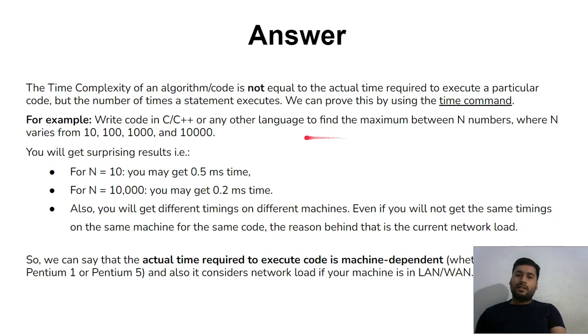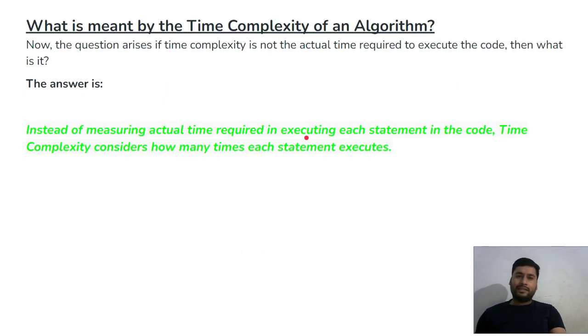Once you understand how the actual time is measured, let's understand what is meant by the time complexity of an algorithm. Now the question arises: if the time complexity is not the actual time required for the execution of the code, then what is it, and why are we calculating it? Maybe someone will ask what is the use of it if execution time is not equal to the time complexity. Then you can tell them,